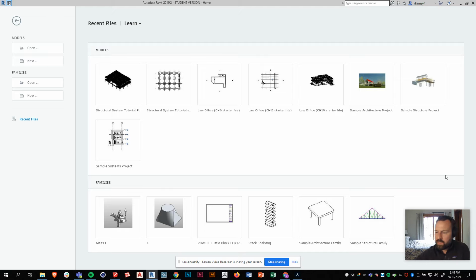Hi, everybody. So today we are going to learn all about conceptual massing. So, why do you want to use a conceptual mass? Conceptual massing is a wonderful tool in Revit that allows you to sculpt a form as if it's a block of clay, add to it, subtract from it, add all kinds of weird shapes and make very complex forms, and then bring that glob of clay into a project and turn those same elements and surfaces